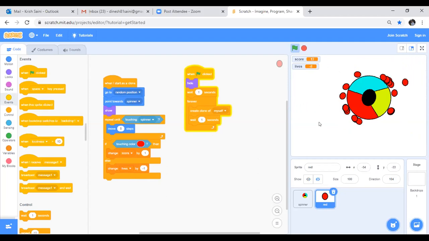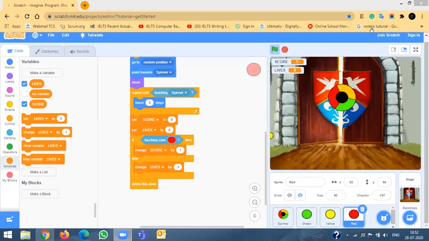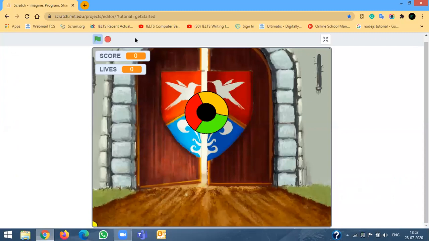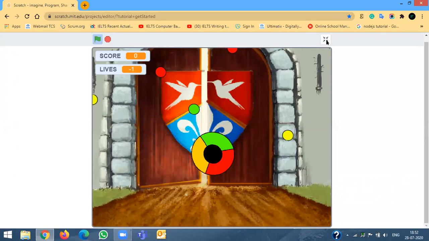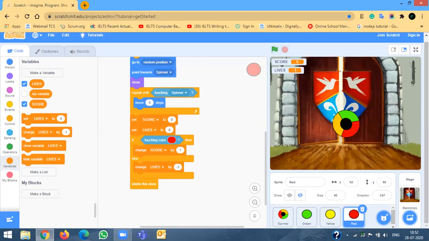So now who is the next one who is sharing? Sir, can I share? Okay. All right. Sir, how did you change the color? Okay, so now let's do one thing. Just go back. What we will do, please wait. Can you go back? What we will do, red ball, just scroll up for the red ball code.